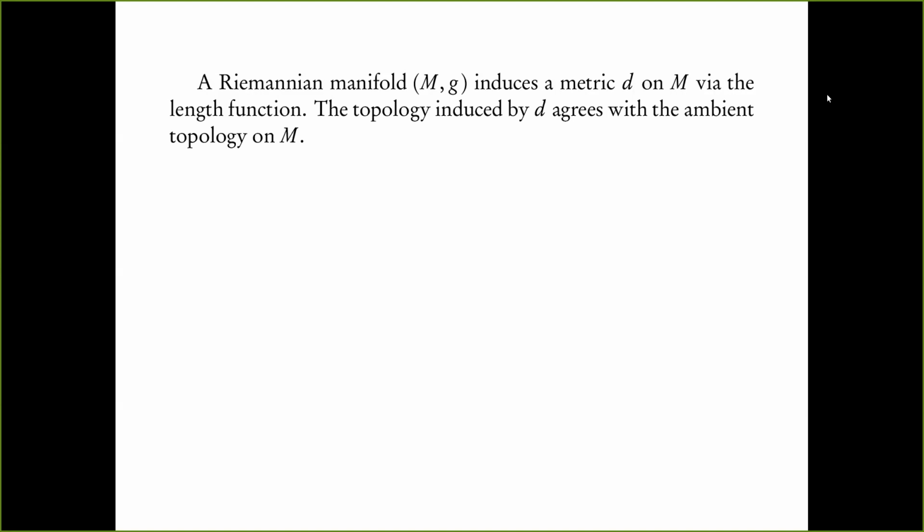Okay, so actually now that you know normal neighborhoods and exponential map is a local diffeomorphism and so on, I think there's an easy proof that the topology induced by d and the original topology of M are equivalent, simply because you can use normal neighborhoods. Okay, so that's the usual proof that you see in Riemannian geometry books. But that proof comes at the cost that you have to do it only after you've introduced exponential neighborhoods. Okay. Anyway, so this is something we have seen.